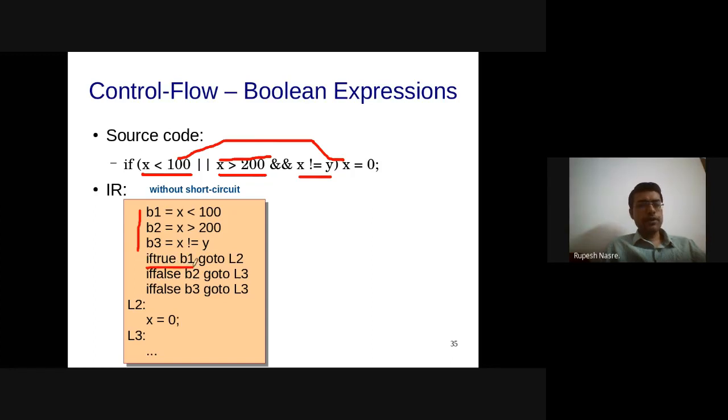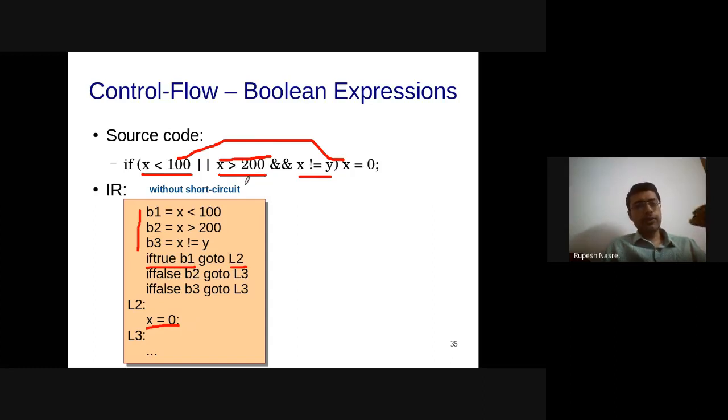If b1 is true, then I need to start executing x equal to 0, and therefore I need to jump to L2. Then if b1 is false, then I'm going to go to checking the condition b2.